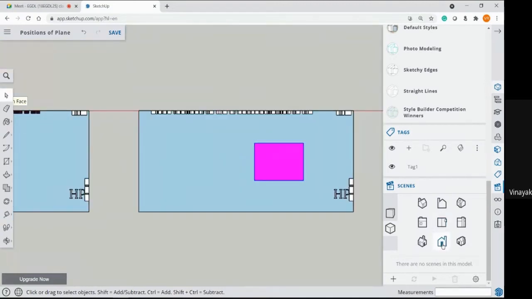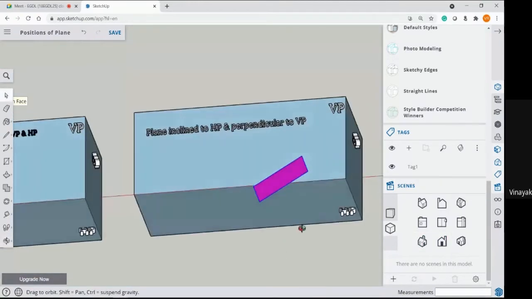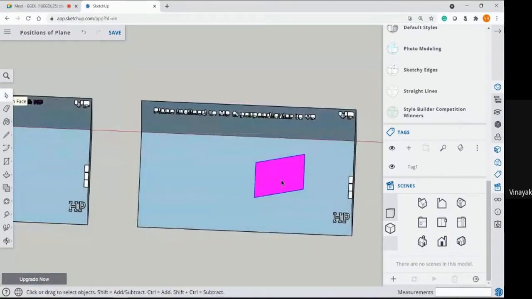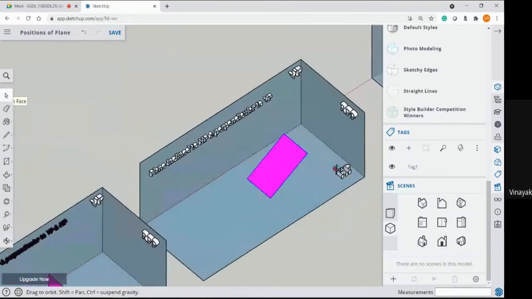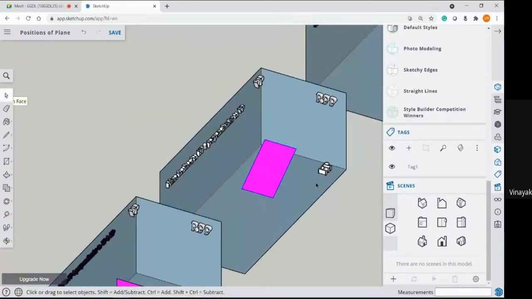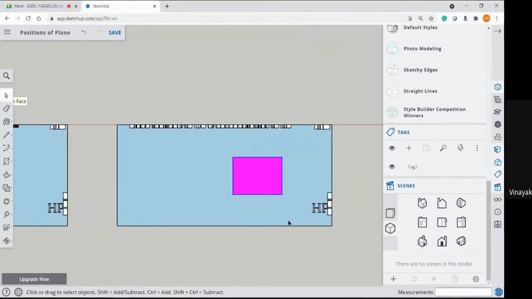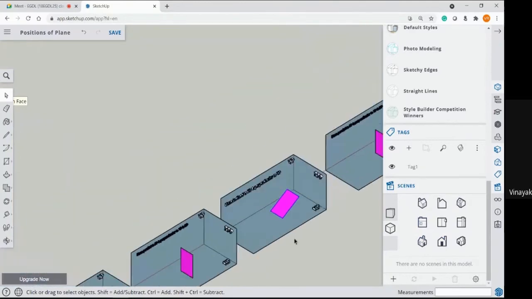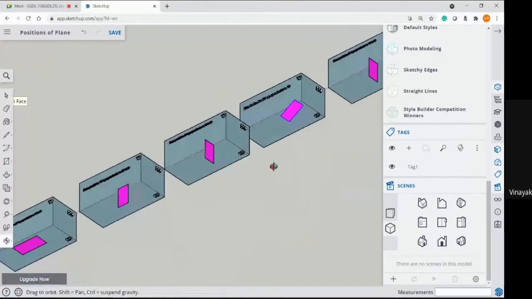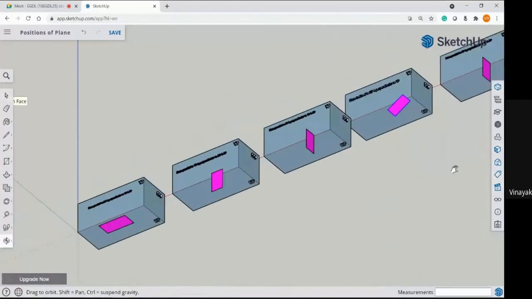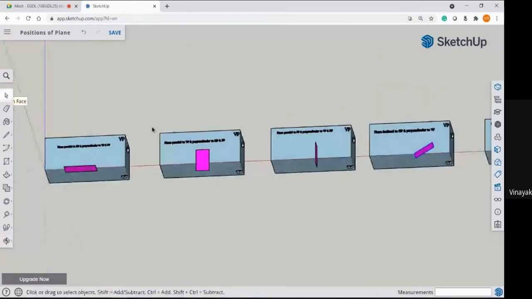Now when you see this from top, only this portion is visible to you. It is not visible like this. This is your true shape, but when you see the top view, it is an apparent shape. Now let's see the side view also. Let me hide the first three positions so that you can see the side view.